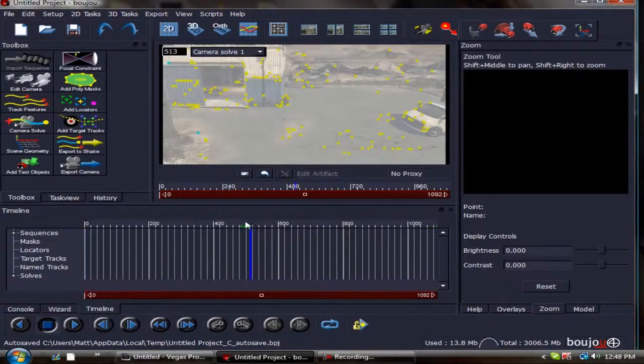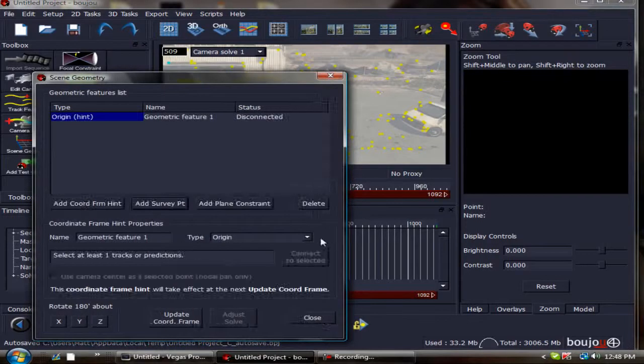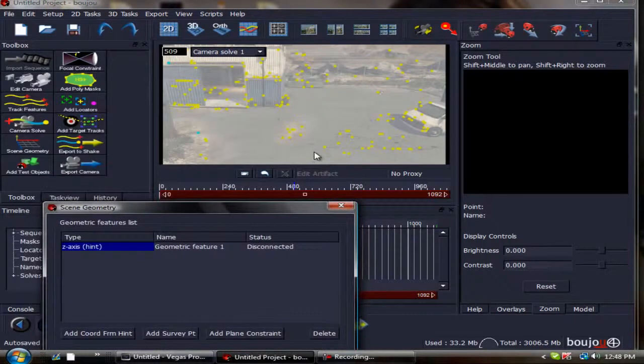But anyways, after you do the camera solve, you'll get a bunch of these different colors. You'll get blue and yellow colored. So what you want to do is basically try and go to the middle of your dot or your composition, and you want to hit the scene geometry button. You want to hit add coordinate from hint and change this to the z-axis. And basically what you want to do is